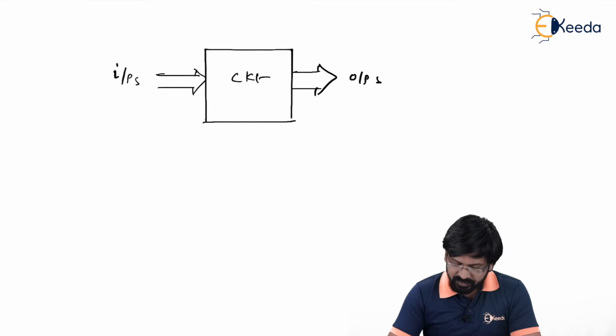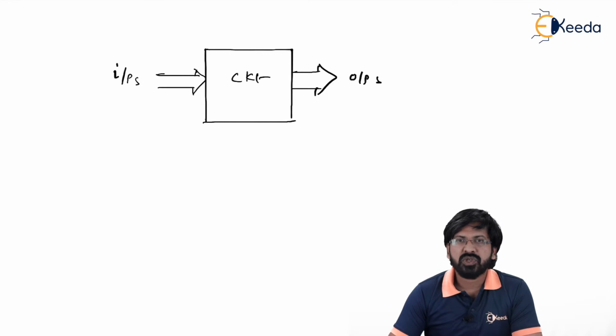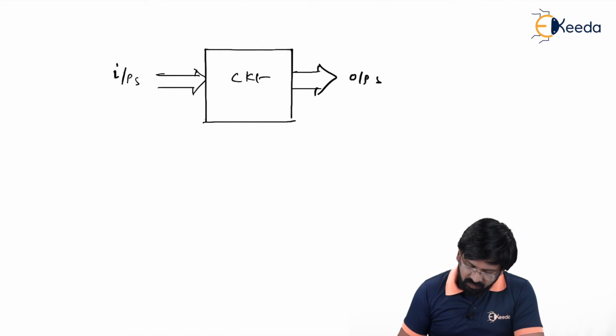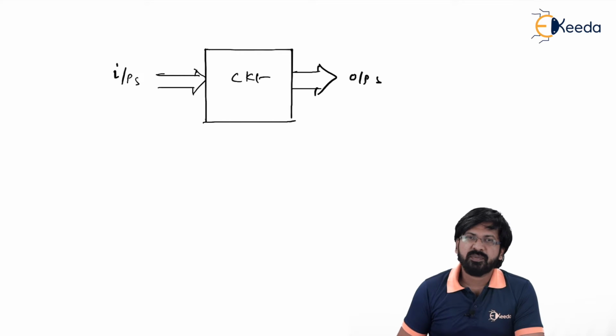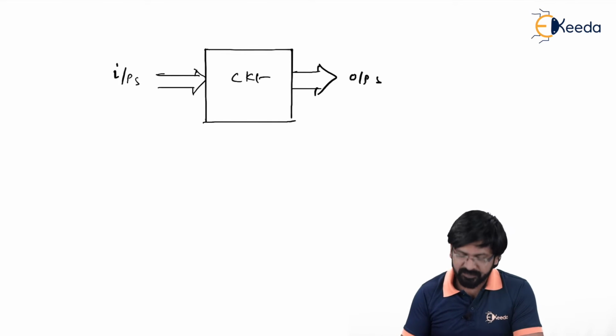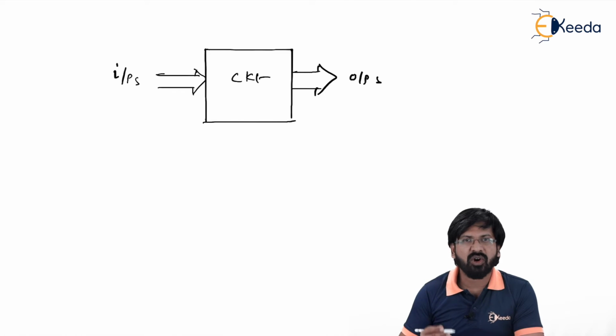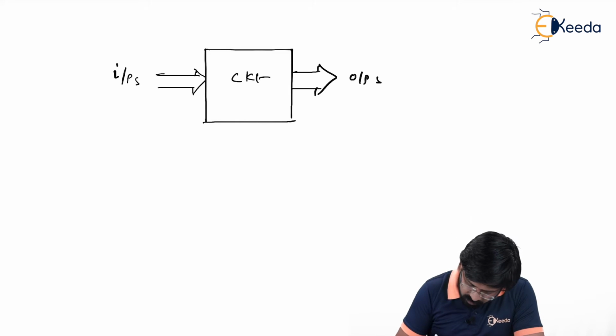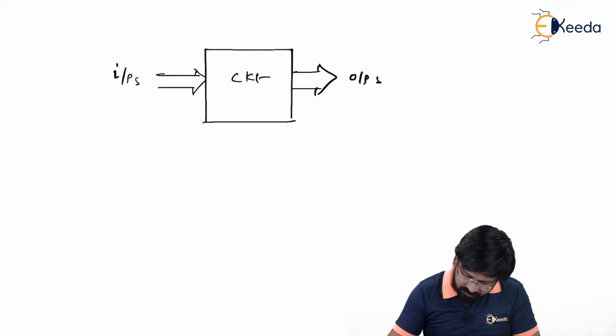So what we want is that output should be changed only at a particular time instant. Even though inputs are applied, output should not change immediately. Outputs are changed only at a particular time instant, meaning that along with the input I have to give an extra input just for a timing reference, and this timing reference is for the circuit, so that the circuit will come to know at what time instant the output should be changed according to the input given. So we require one more input called a timing reference input.